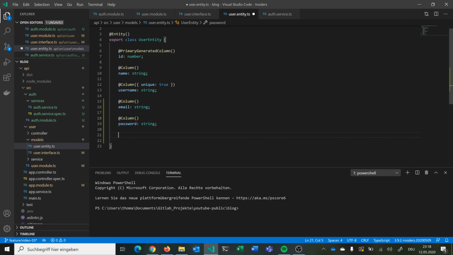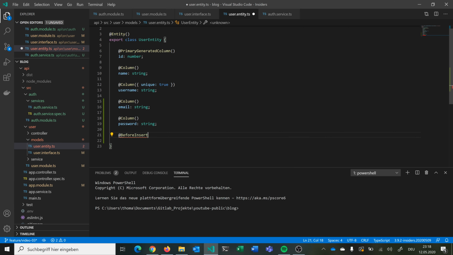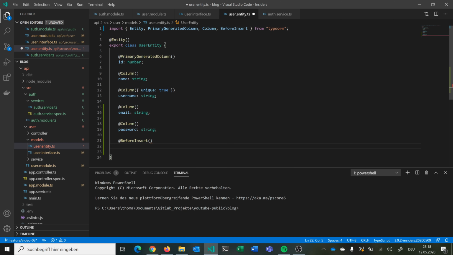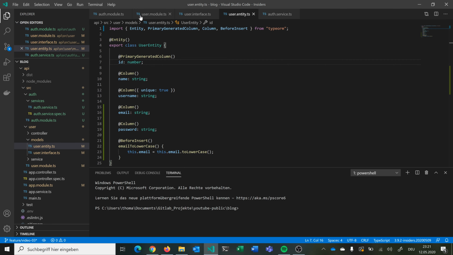And we said we always want to have the email stored in lowercase in the database, so we can use the annotation BeforeInsert from NestJS, or from TypeORM, I think, yeah, TypeORM. And we can say emailToLowerCase, and this is this.email equals email.toLowerCase. So this will now always be stored in lowercase in the database, so it's easy to search for it. Now we can go to our user service,